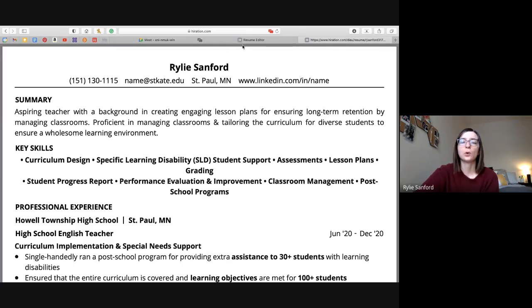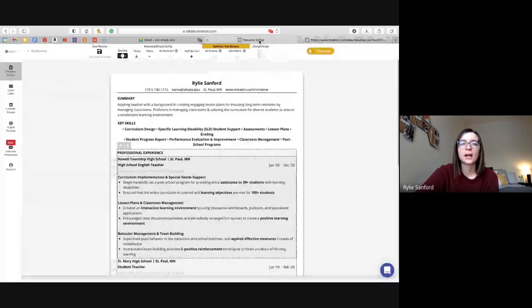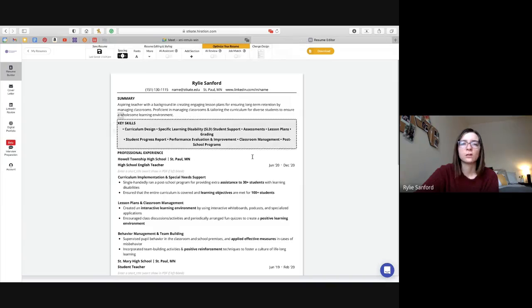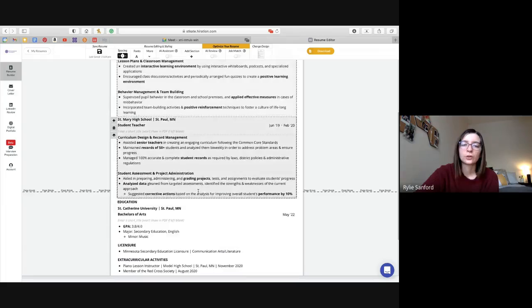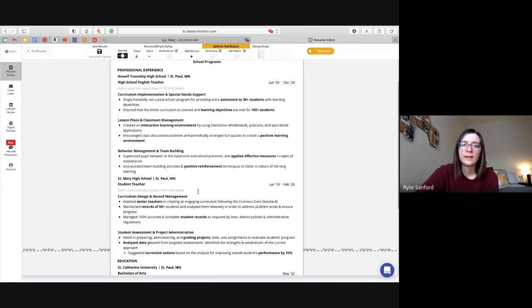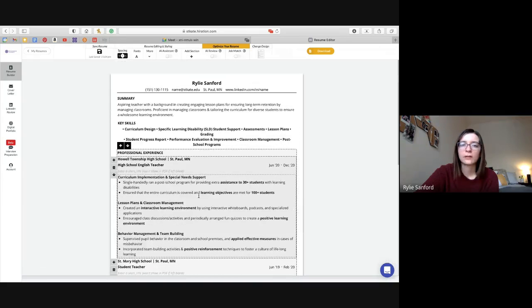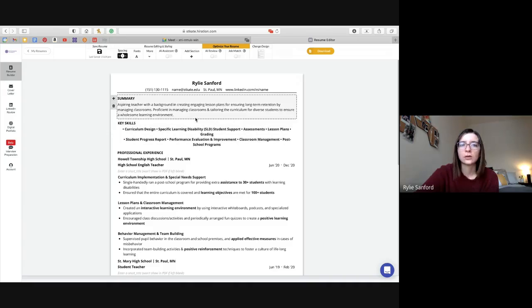It is important to note that if you change this to a Word document or a Google Doc, the formatting can sometimes get a little messed up. So we recommend making any changes you have within the Career Activator, and then once you're happy with what you have done, just download it from there and save it as a PDF onto your computer. And you should be good.